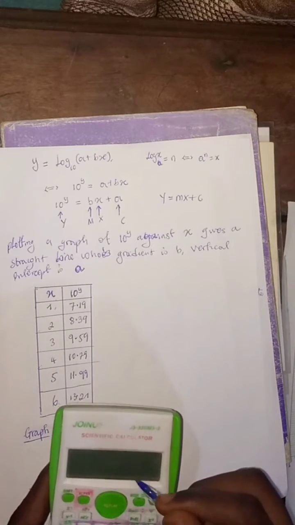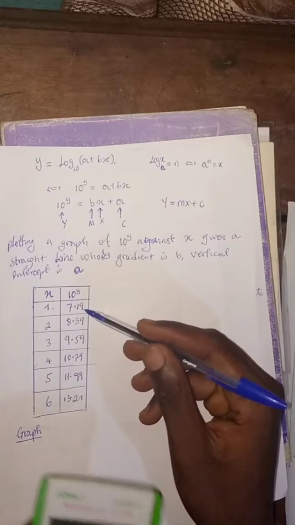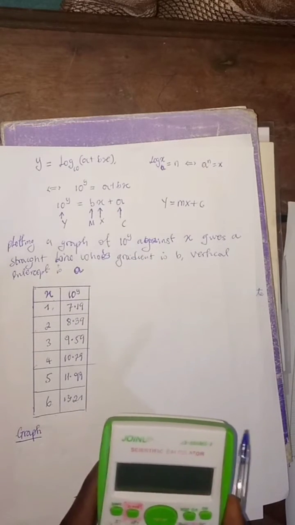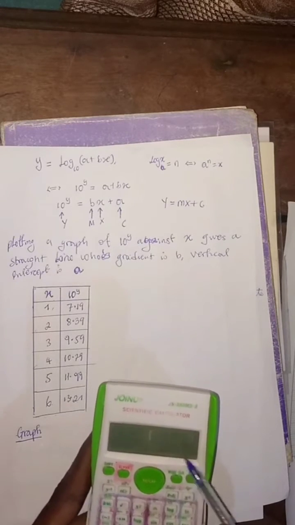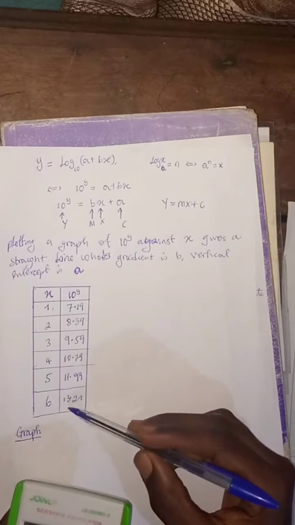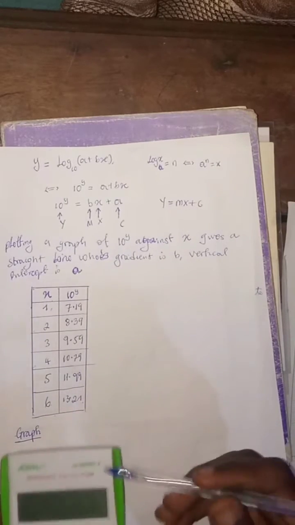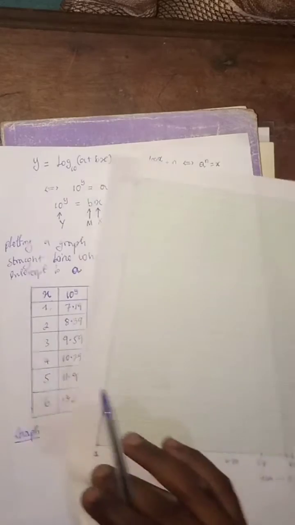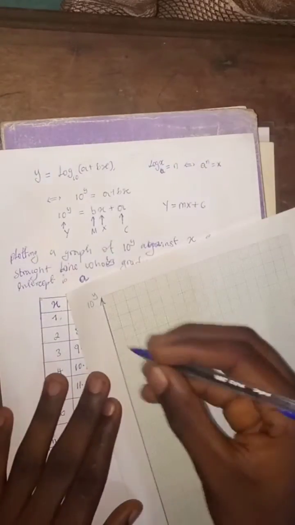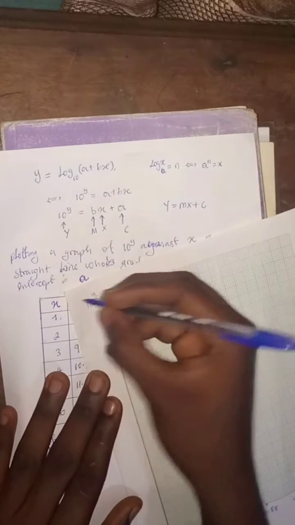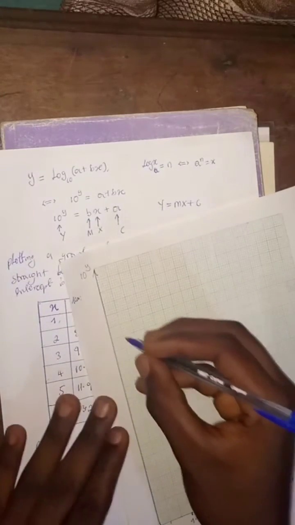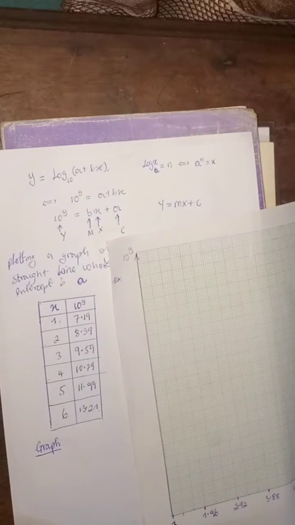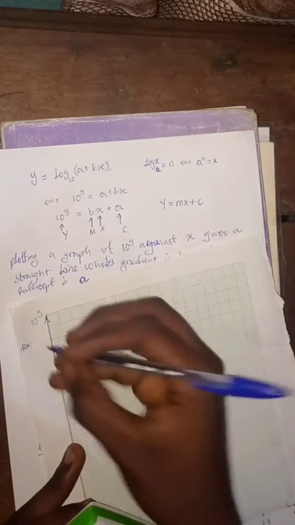It gives me 6.07. My graph is starting from 7.19. That's the lowest value. So I have 7.19 plus what I had, which is 13.228. My highest value is 13.21. So you see that it has covered all my data. So it means that I will now go on my graph paper and do a similar thing. Here I was plotting on this vertical axis, and I'm using 1 centimeter to represent